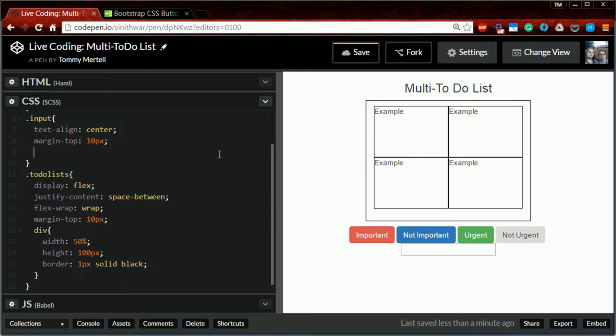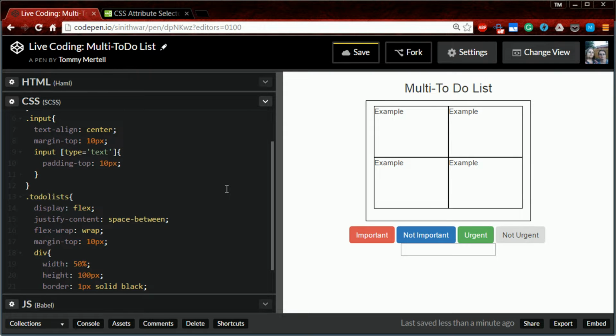So let's go with input just to see what's happening. Okay. So yeah, okay. So I shouldn't have used the attribute selector at all. Okay. So now that we got it all nice and pretty,